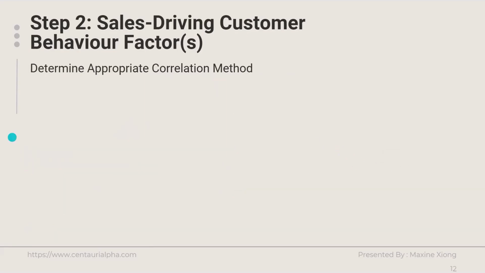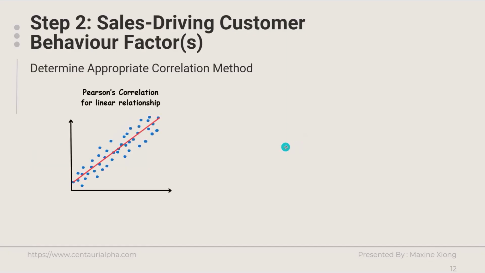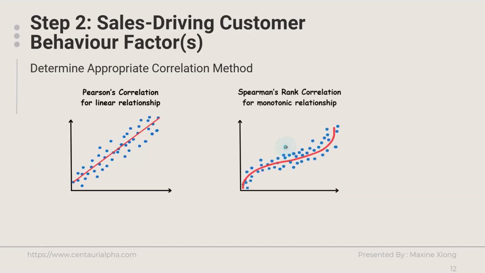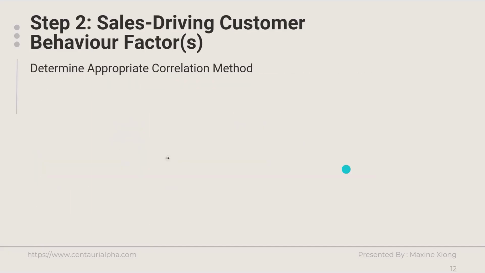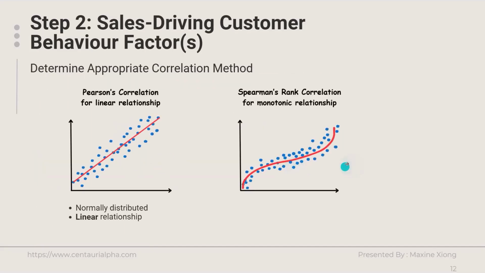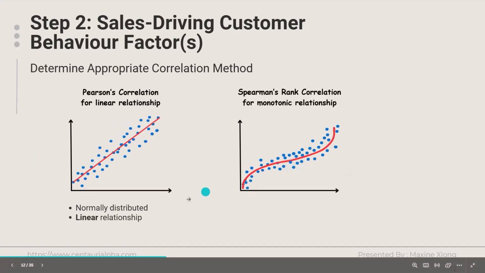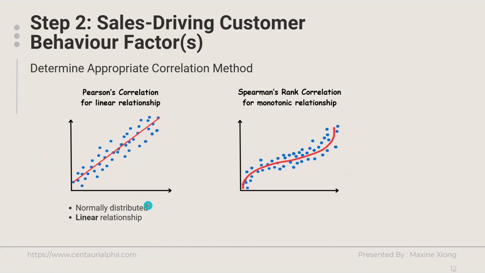To examine the correlations, we need to first determine an appropriate correlation method to use. The two most common types of correlation methods that we can choose from include Pearson's correlation method and Spearman's rank correlation method. Pearson's correlation method works best for variables that are normally distributed